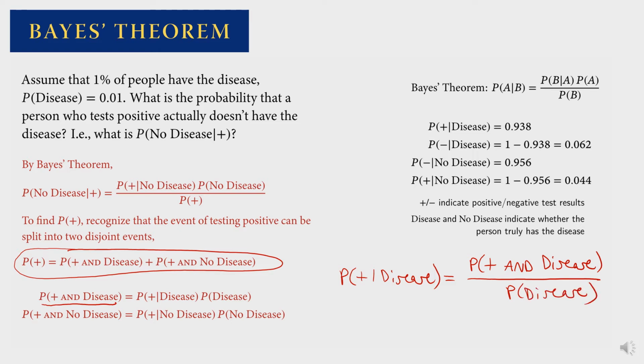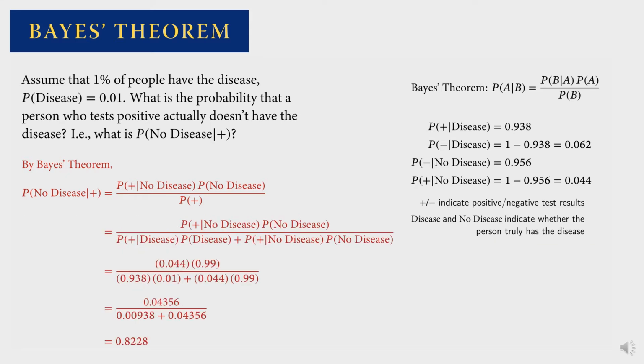And notice that we have this and this, and it allows us to solve for this. When we put this all together, we find that the probability of not having the disease, given that a person tested positive, is